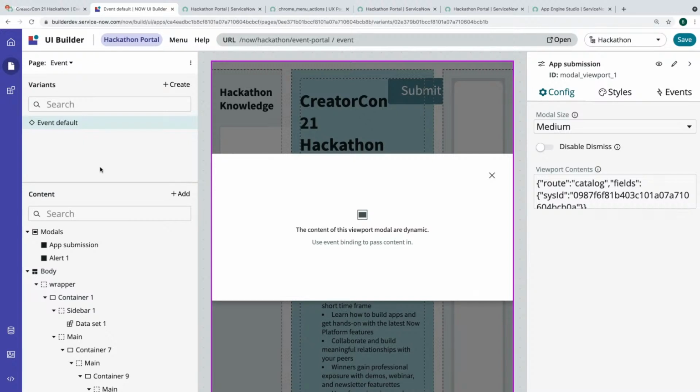Come on, chat, help us out. We're just kind of hard coding this. I think ideally you'd probably want the sysID to be dynamic so that you can use the same modal for any catalog item that you wanted to show. But we're not even trying to do that. So we can't see that one. Did it give us any sort of error?